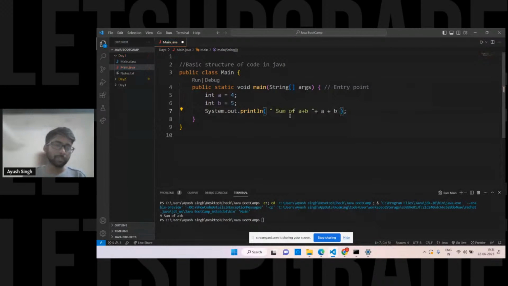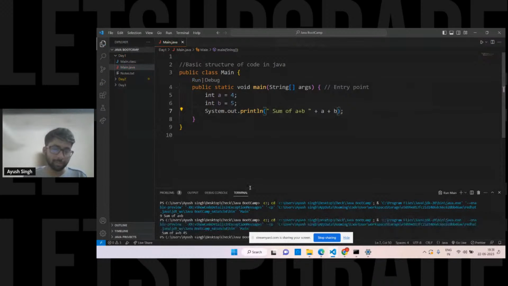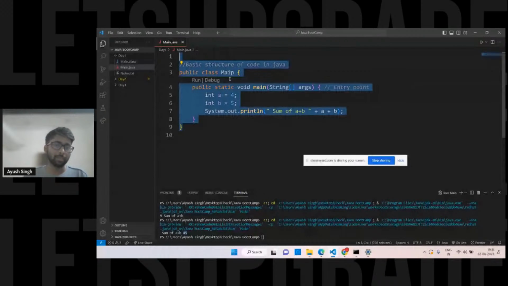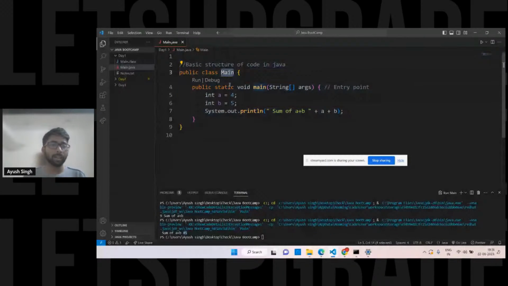Save the file. What we have to do is simply click on this run. Don't worry about that dot class; that is a different part. If you can see on my screen, we have this sum of a plus b, that is 9, right? So we are running the Java program in main, in VS Code. We have this class with the main. It can be anything. Remember one more point: the class name and this file name should be the same. Try to use the first letter capital, because that's the usual convention in Java.